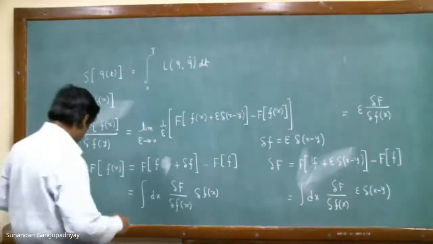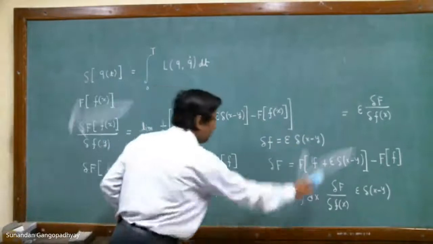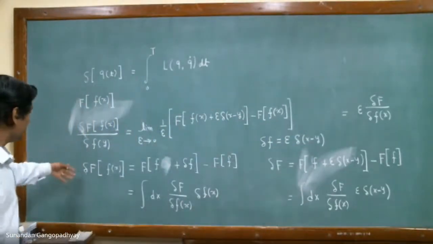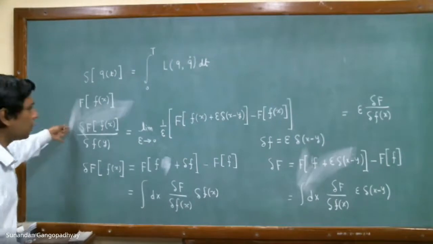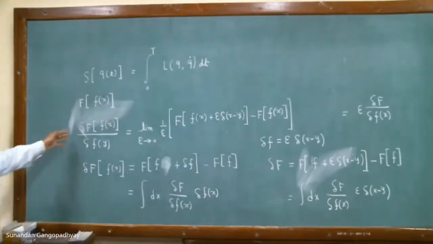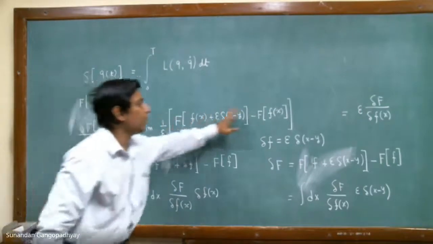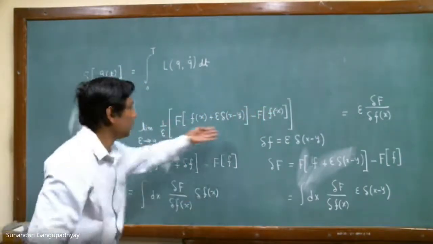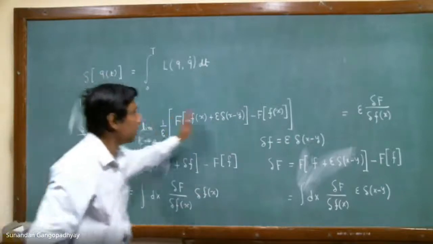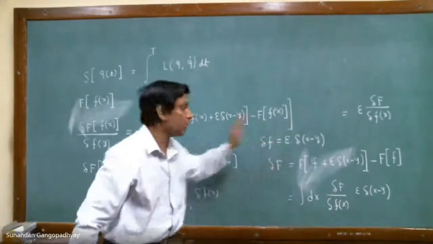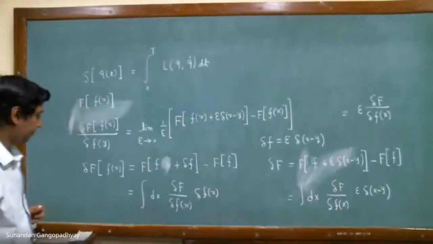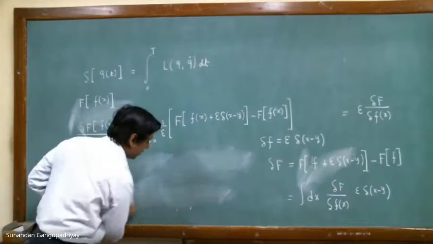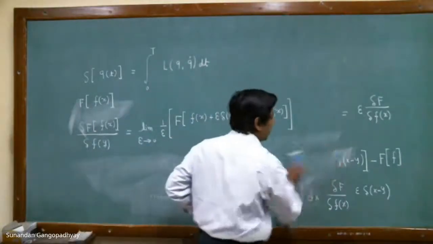So the reason I did this is just to give you a reason for the origin of this definition. This is just like the ordinary derivative, the way we define the derivative in differential calculus. So this is the first principle definition of the functional derivative. Let us now proceed and do some examples by using this first principle definition.